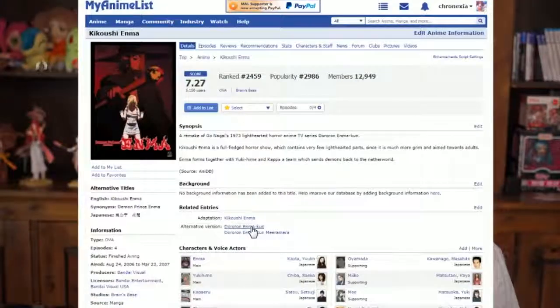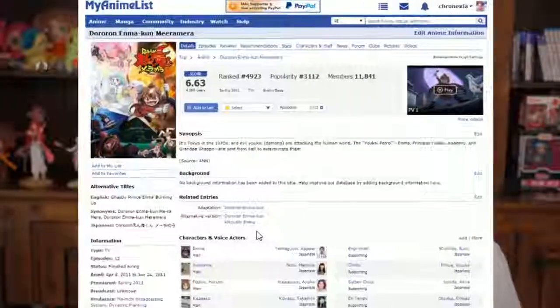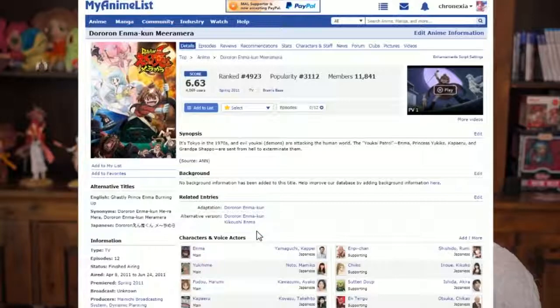There's kind of two versions about it. There's the WTF version, and then there's the really dark version. Kikoshi Enma is the dark one. Yeah, that's the one. And there's also the weird one. I think it's this one, isn't it? Yes, it's this one. This is the weird one with the bees that stung the girl and she blew up